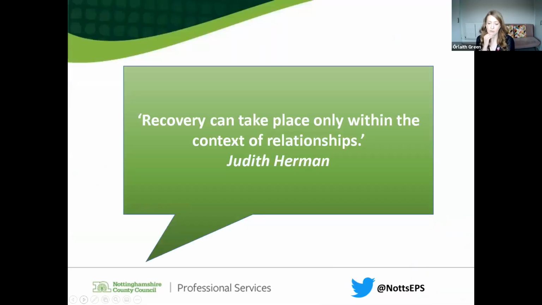One of the key things we focused on, and Richard actually touched on it in his talk, was the idea of post-traumatic growth. So the idea of growing and recovering from trauma is the work of Judith Herman, who really emphasised that relationships are the foundation for recovery to take place. So in terms of relationship-based working, we are talking